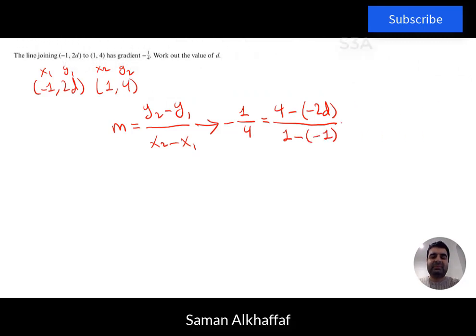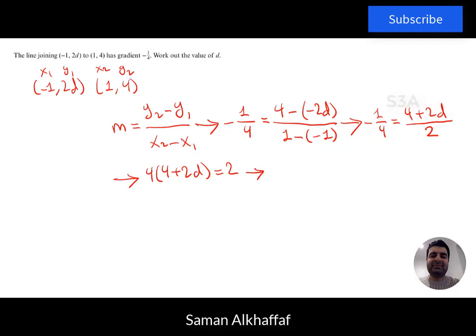So in this scenario, we'll try to simplify this expression further. So that would give us a quarter on one side, and we have 4 plus 2d on one side, and on the other side we have 1 plus 1, so that will give us 2. So in terms of simplifying this expression further, we would have 2 on one side, we have 4 multiplied by 4 plus 2d, and we have 2 on the other side, so that would give us 4 by 4, that would give us 16,